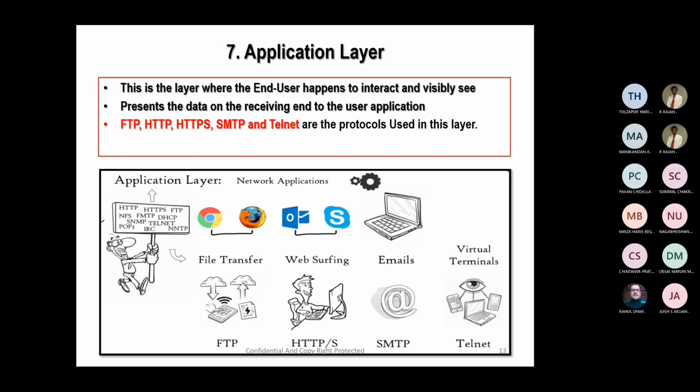Now the application layer is where the sender and receiver will be able to physically see and start designing the information or receiving the information and prepare a response. So you will have to understand the basics of the OSI architecture and what you have to look for. Fine. All right.